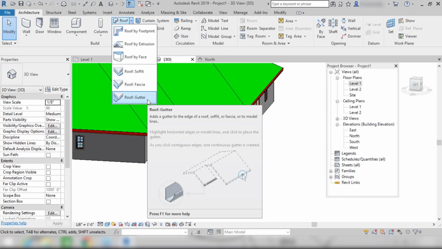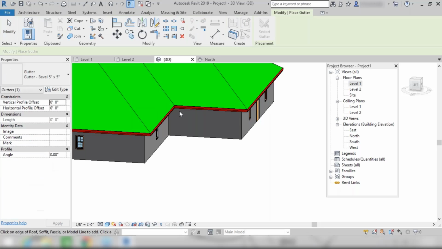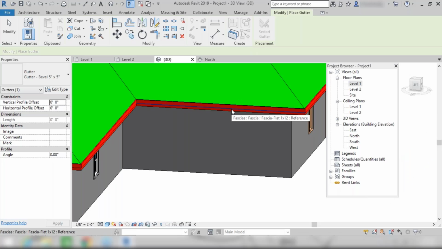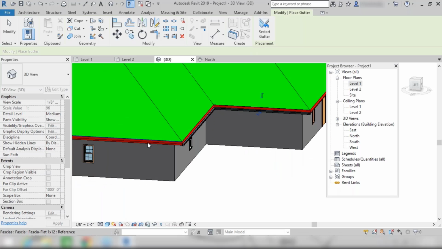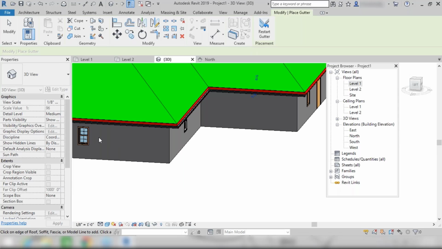The next thing we have in this roof part is related to the gutter. I have already told you yesterday about gutter. Let me explain it one more time. So let's click on this Roof Gutter. You need to pick up the edges at which you want to apply the gutter. So you can pick this edge, this one, and after that